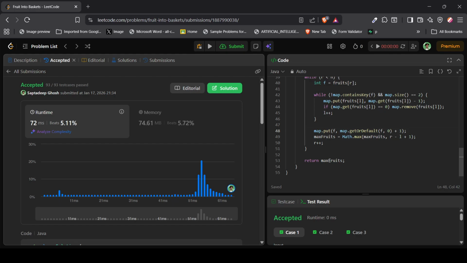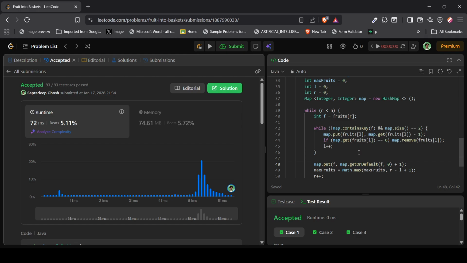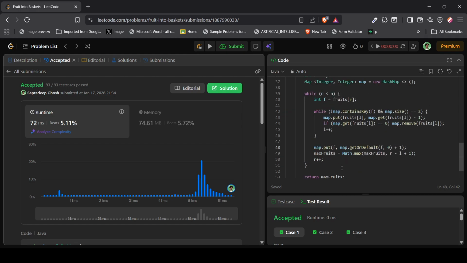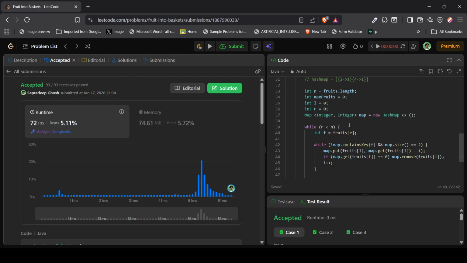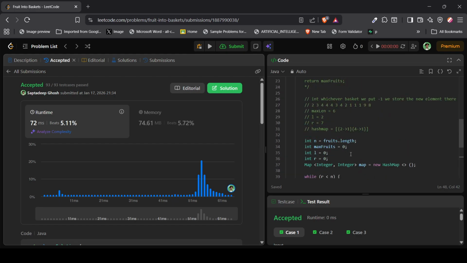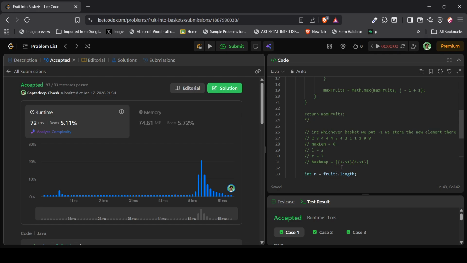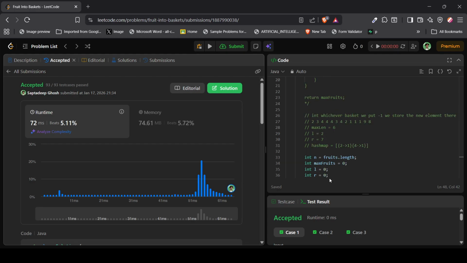I will try and mostly post more videos of how I think, because this is the time I'm trying to improve my intuition. I think this is very huge for me, that how I figured this out, because it was very hard for me before to get the map logic. It was very tricky for me to understand the map logic, but I think I did well. I get blocked after a certain period of time. I couldn't find any other solution, but this time I think I did good. This is the turning point,